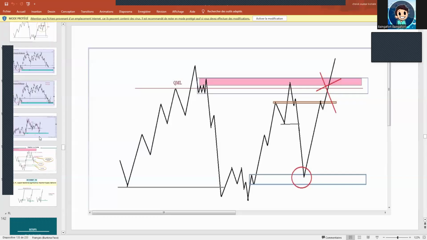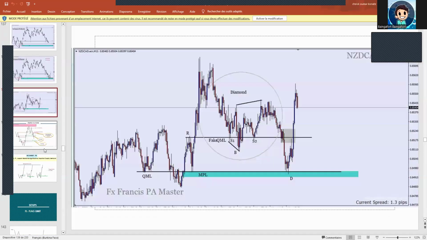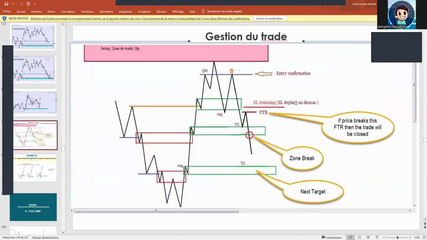What is the next one? This one is another example. We already see that. This one is stop loss trailing. When the price moves to the next price action zone, this one is a price action zone. This one is also a price action zone. This one is also a price action zone. Okay, you can move